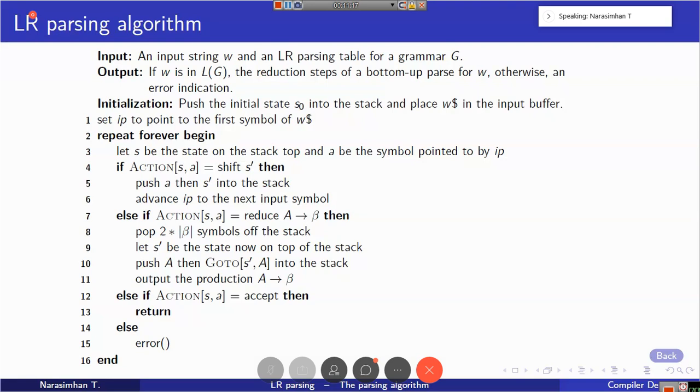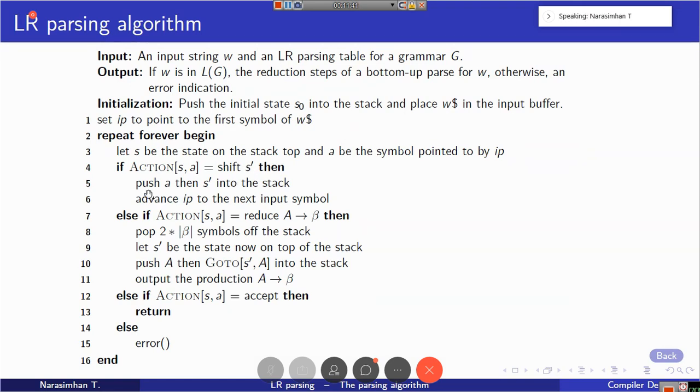So if the action specified is shift S', what does that mean? We should shift the input symbol, and the next state symbol is S'. What is the input symbol? A, to the stack. After that, you should also push the next state S' into the stack.